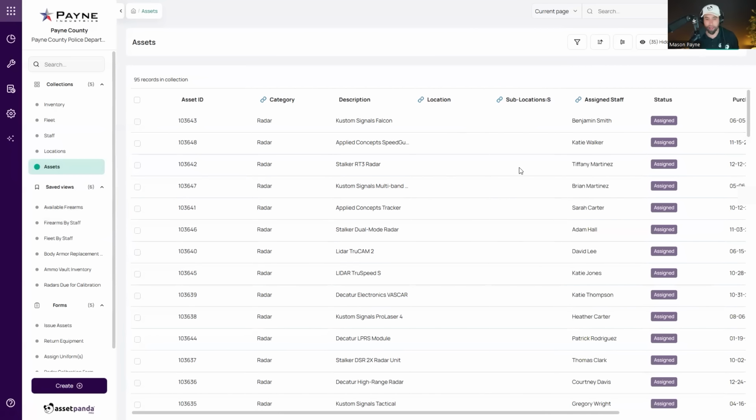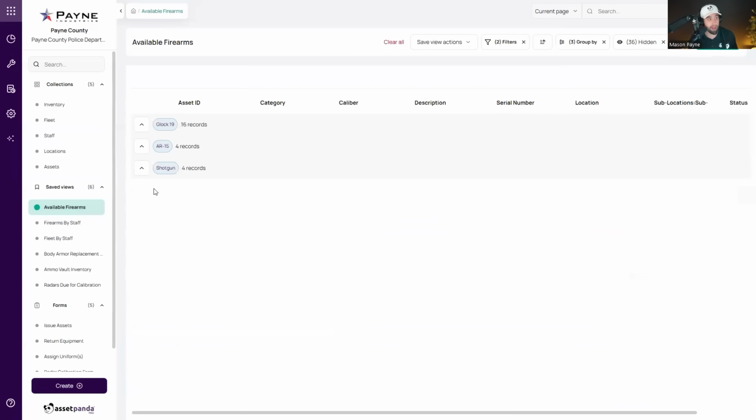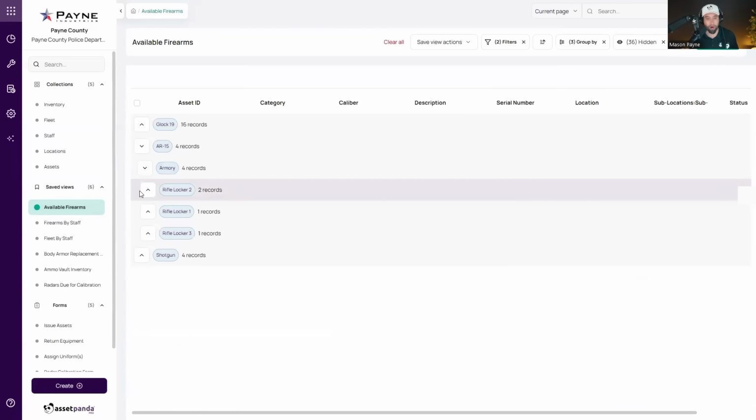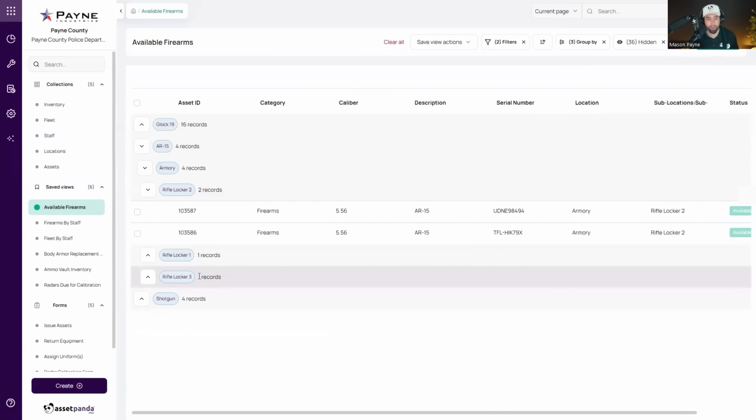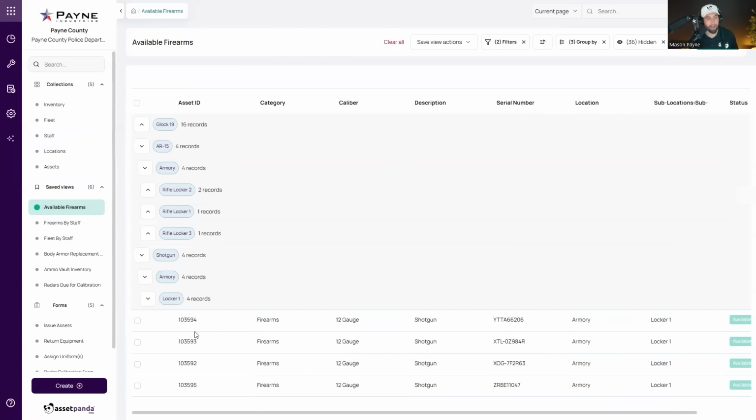That way, we're not just looking at a giant list of our assets, but maybe you want to organize it to see something specific, such as this case. Hey, I just want to know what available firearms do we have and where are they at? Okay, well, let's look at the ARs, and within the AR, we can see that they're in the armory, and how many do we have in each one of these lockers? Okay, well, what about the shotguns? Right? Clear as day for you to come in here and easily access that data that you need to see